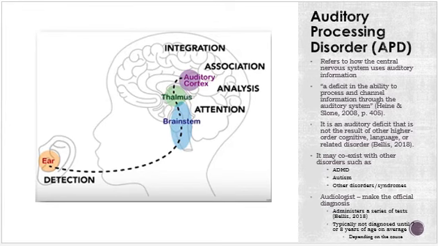APD cannot be diagnosed from a symptoms checklist. No matter how many symptoms of APD a child may have, only careful and accurate diagnosis can determine the underlying cause. So for the diagnosis to be accurate, an audiologist must make the official diagnosis. They administer a series of tests, and it's typically not diagnosed until the age of 7 or 8 years, depending on the cause.